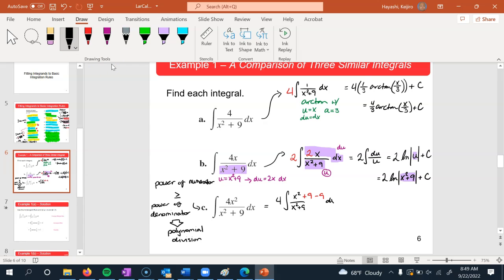Don't actually, you can write this down if you want to, I guess. You can do that,